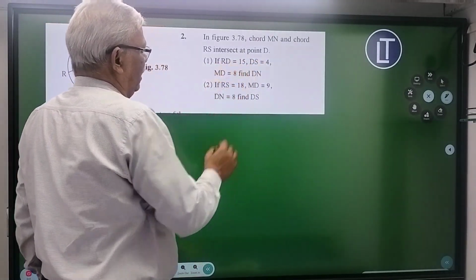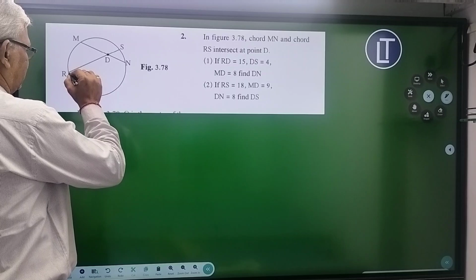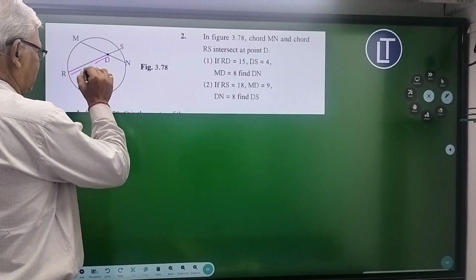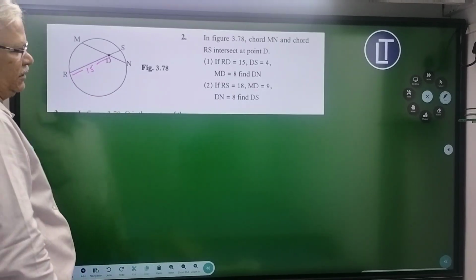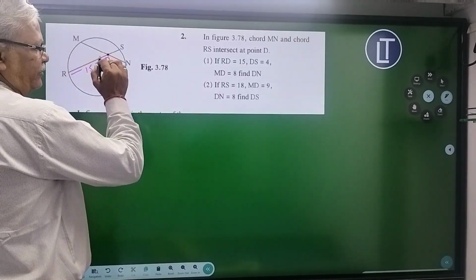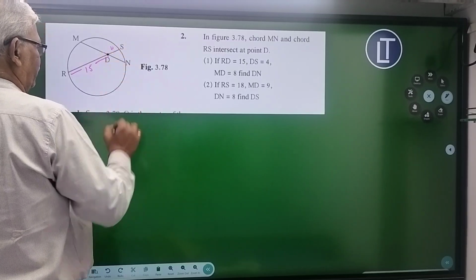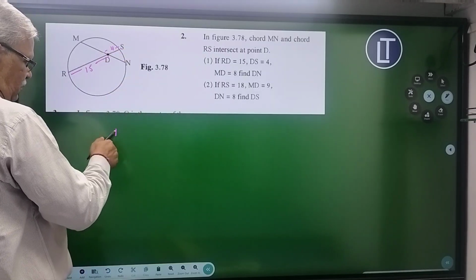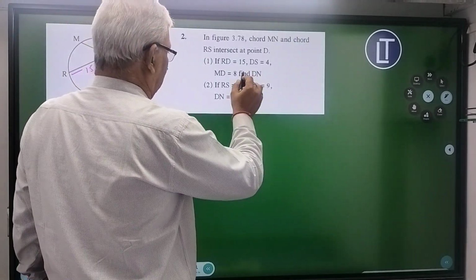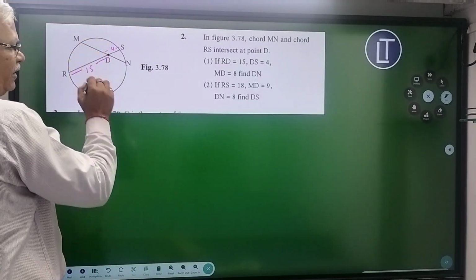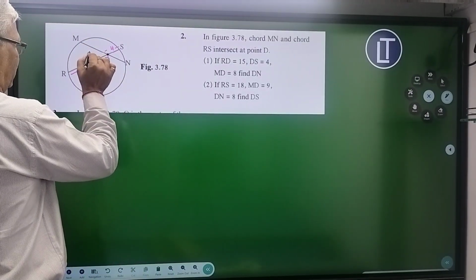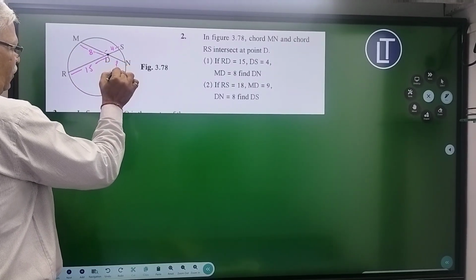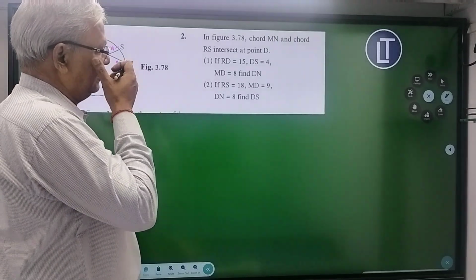If RD is given, from here to here, how much? This is 15. RD is given, DS is also given, how much? It is 4. And then MD is given, equal to 8. Here MD is given and we are asking about DM. Okay? Then here